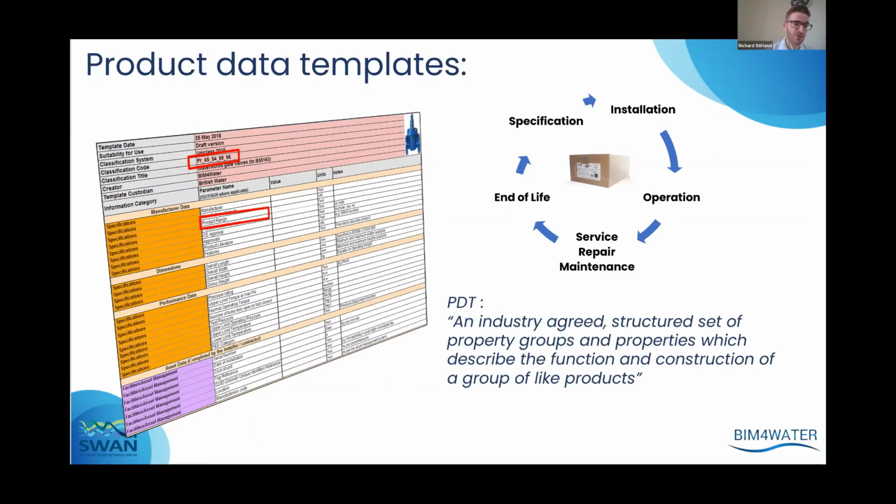Then for each product, we've got an agreed set of properties, which are the standardized way of describing all the characteristics of that product. I've highlighted one as product range. So another term for product range might be product series, but by standardizing on our PDTs, product range will always be product range, and people will know how to describe and utilize that property to exchange data and so on. So the products that we create PDTs for and the properties we include on the PDTs, that's what's been identified as required by the UK water industry from the representatives that sit on the Standard Libraries Group.